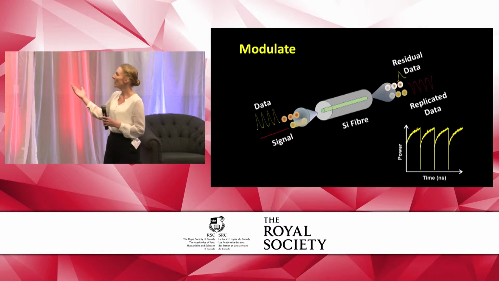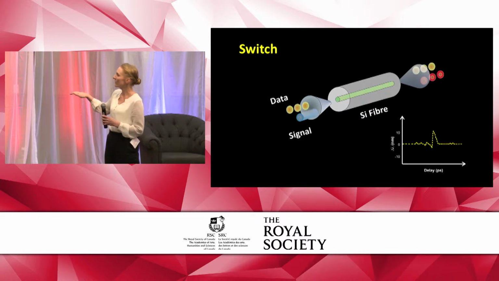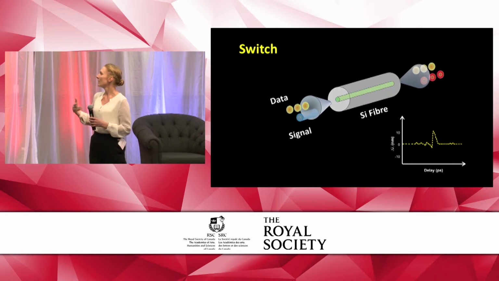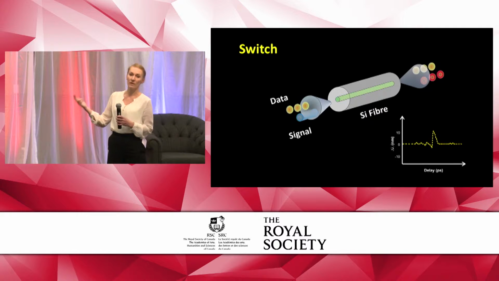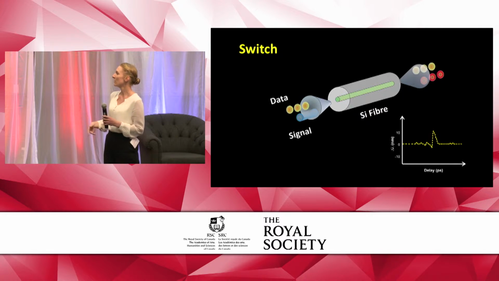So this is using a high-powered data stream to modulate a CW signal. We've then done a similar experiment where now what we're doing is switching data from one wavelength to another. So you could potentially use this to route around your systems. And then the final experiment I'm going to show you is where we take our silicon microwire and we embed